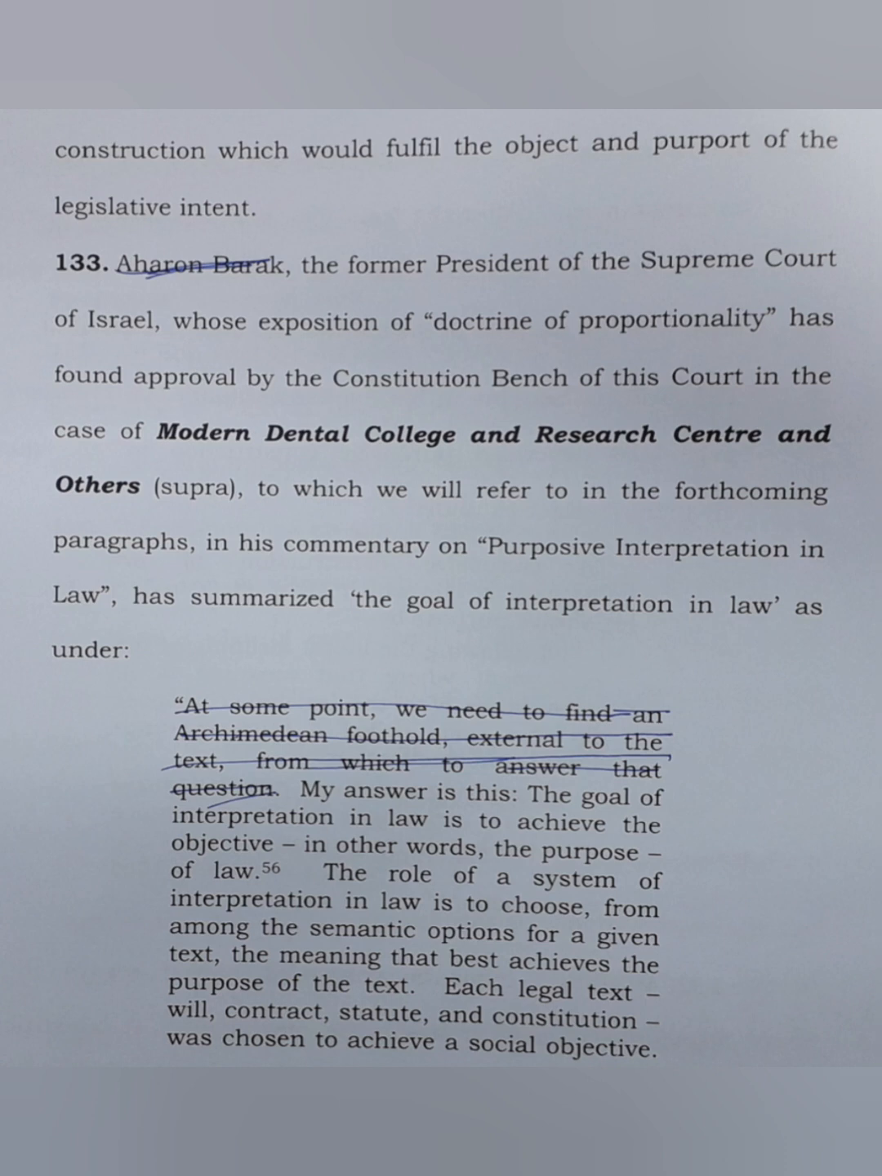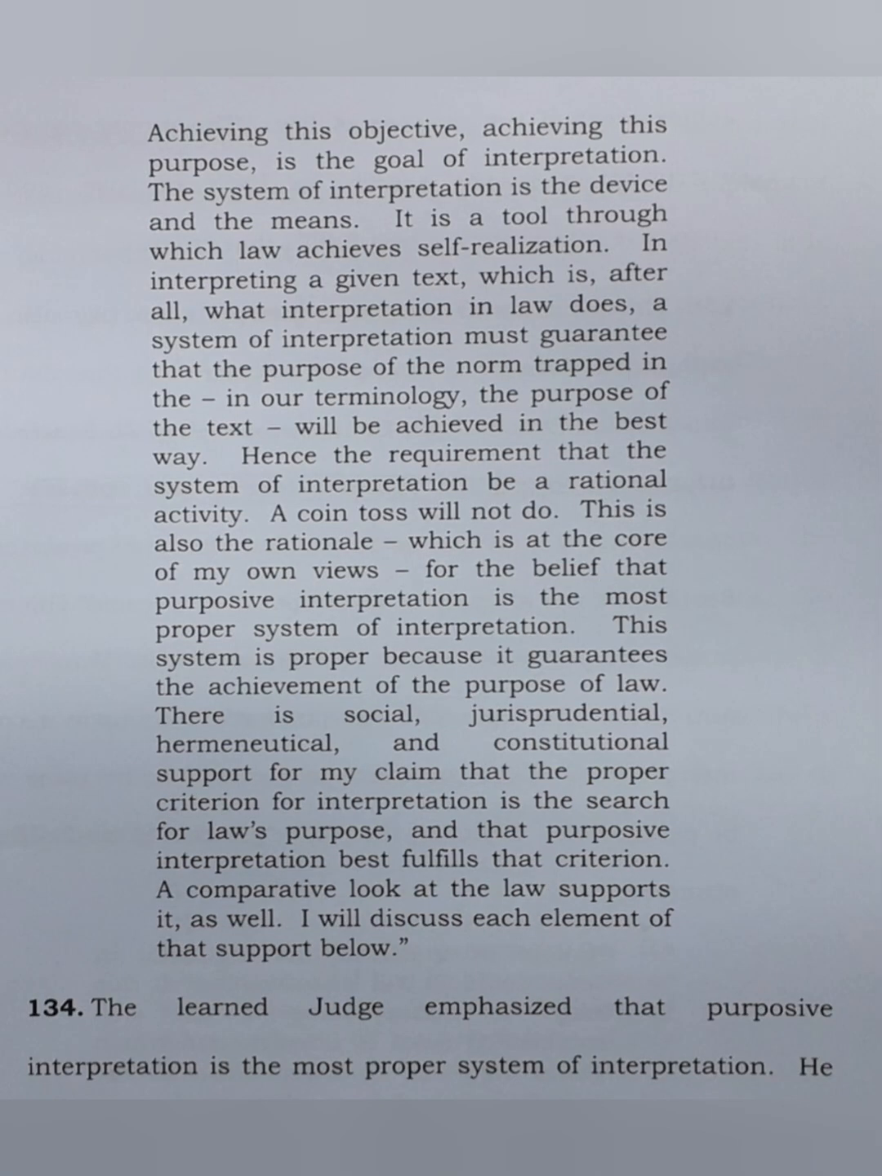Each legal text, will, contract, statute, and constitution was chosen to achieve a social objective. Achieving this objective, achieving this purpose, is the goal of interpretation. The system of interpretation is the device and the means. It is a tool through which law achieves self-realization. In interpreting a given text, which is, after all, what interpretation in law does,